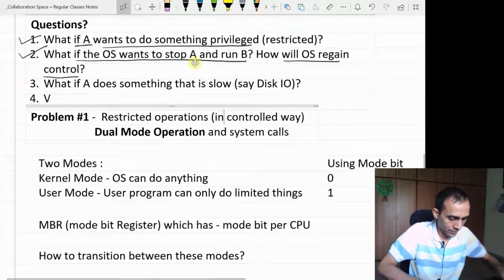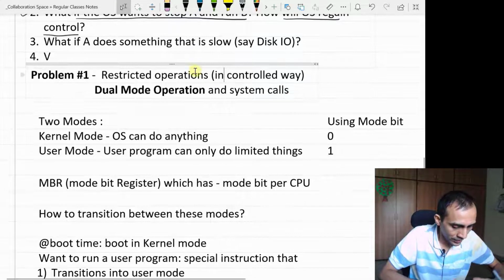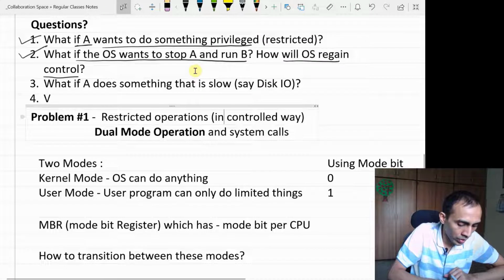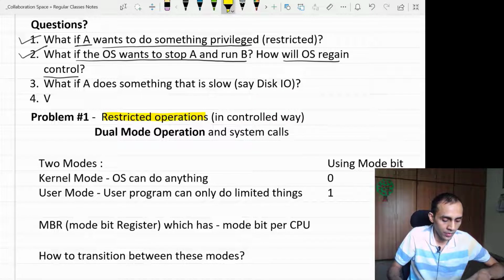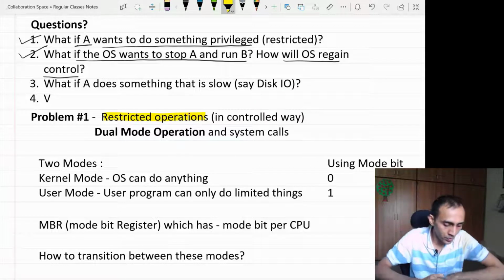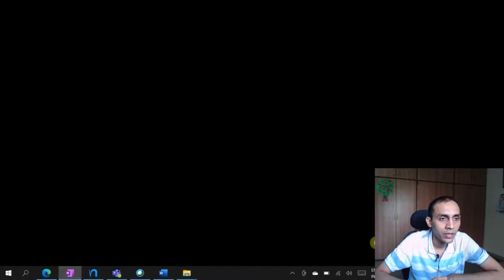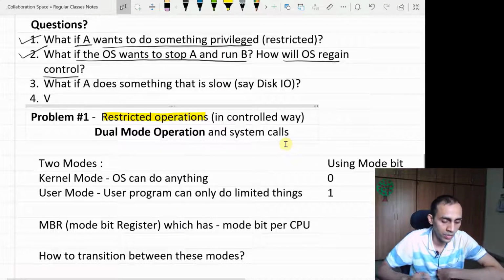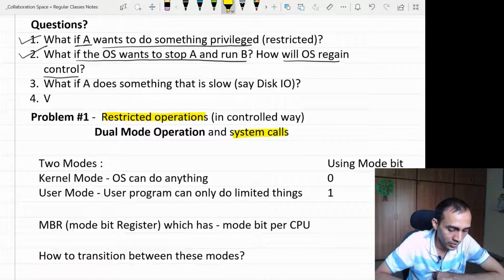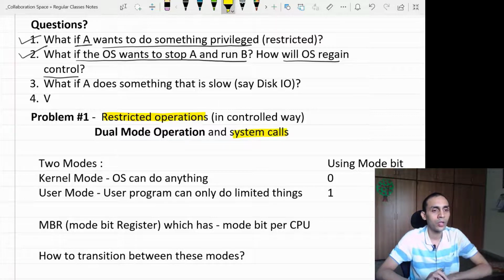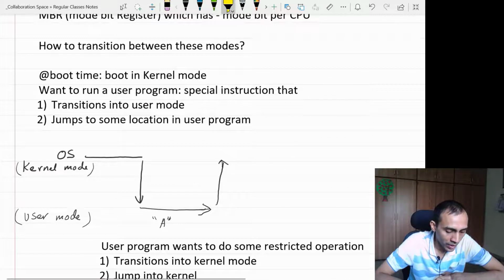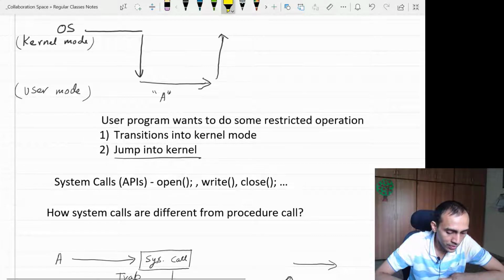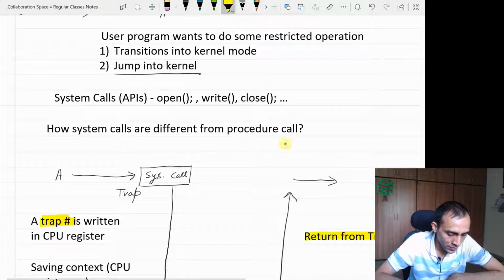So in the last class, we discussed the exact mechanism of how to allow restricted operations by a process. We saw how a process which is currently running issues a system call, which are APIs provided by the OS for user programs. Within the system call there is a trap instruction issued, and that trap instruction helps to do the following three things.